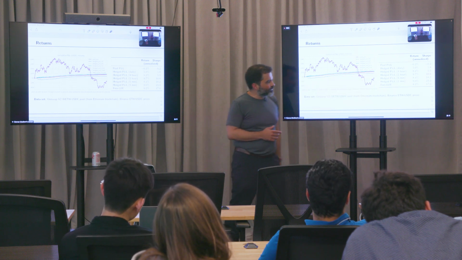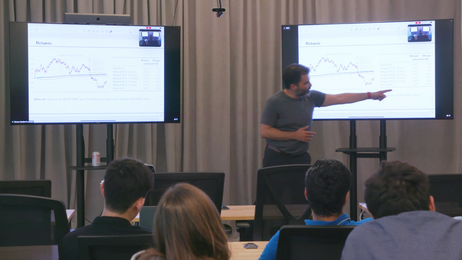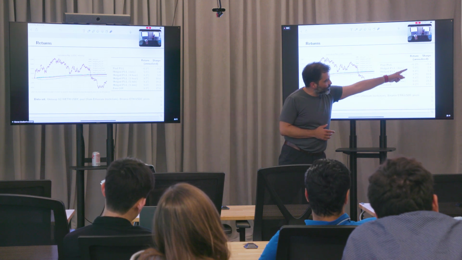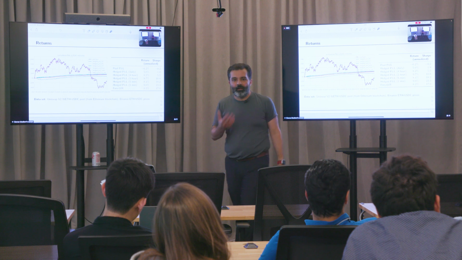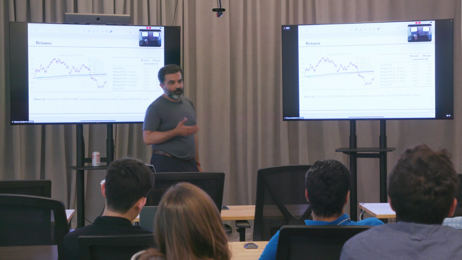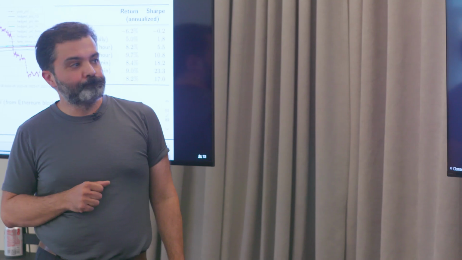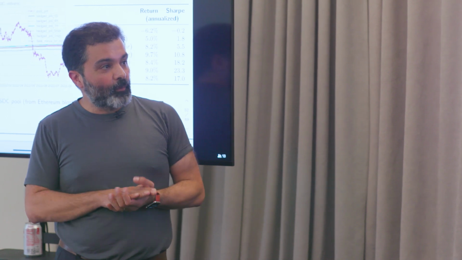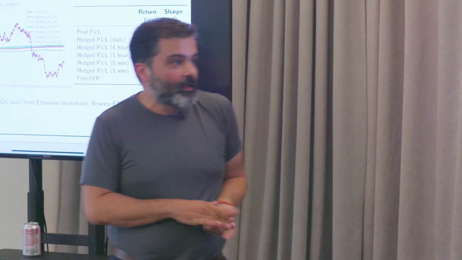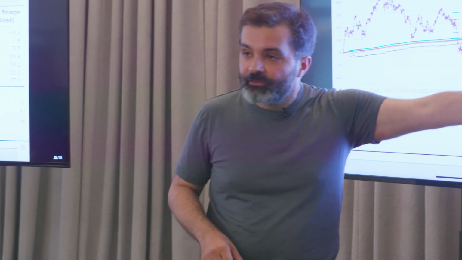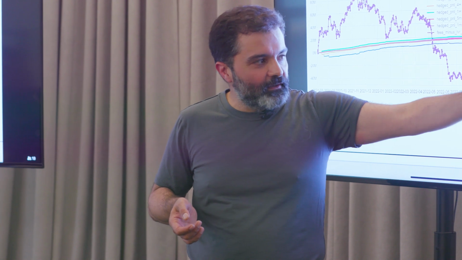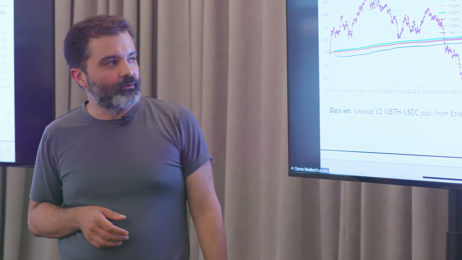Right? So it's actually pretty reasonable in terms of the kinds of actual returns you get if you try to estimate your hedged P&L in a model-free way. Right? Going back to the point of is this pool attractive or not? This pool appears attractive if you can hedge, and that's a big if. There's maybe hedging costs and so on that I haven't factored in. It looks like there's a high single-digit return available in this pool.